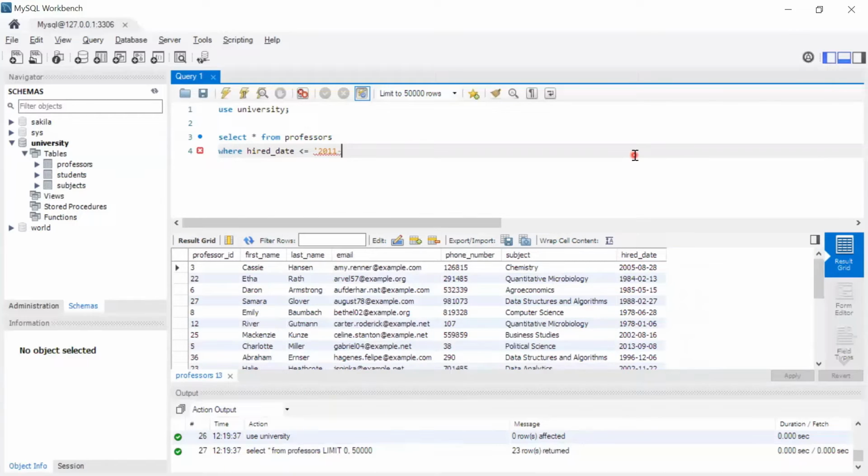2011-12-31. Okay, so that is the 31st of December 2011. So I want to see all the professors who were hired approximately 10 years ago. Maybe you want to wish them happy 10 years or congratulate them or whatever. For whatever reason, if you want to see all the professors who were hired before this date, this is how you can do it. You just say hired date less than or equal to, and then in single quotes,